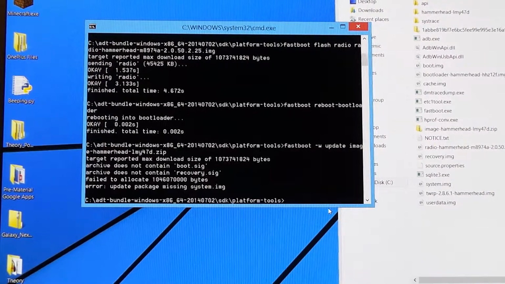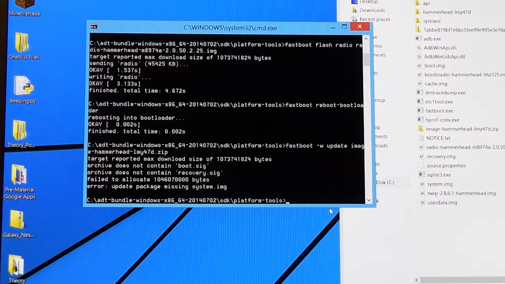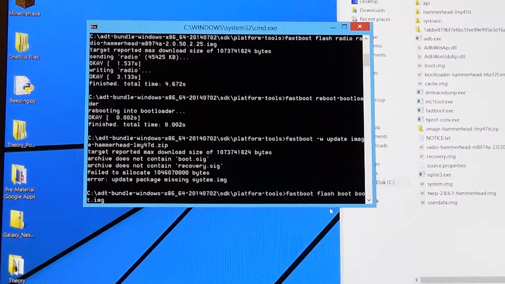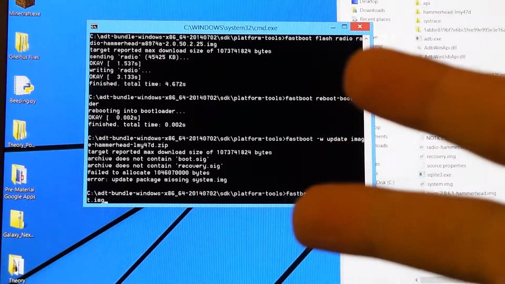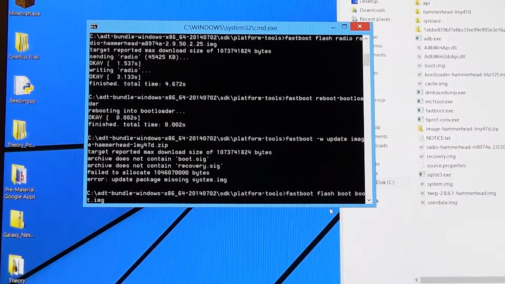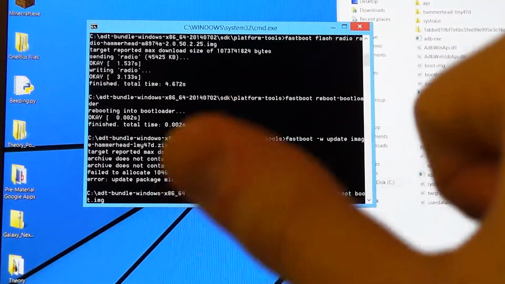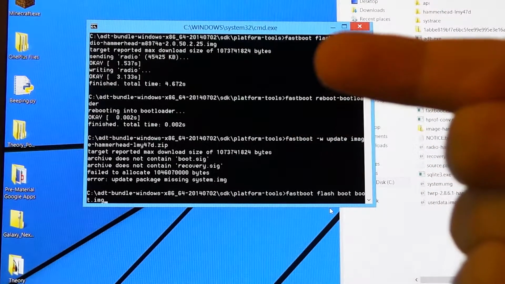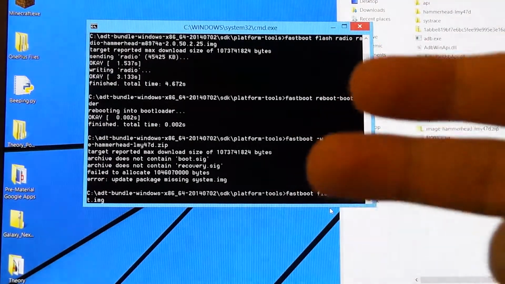It'll be relatively the same as the other ones because we're going to do fastboot flash and then the partition name. The first one we're going to do is boot and then boot.image, because it's fastboot flash partition file name and then enter. The order of these is important just for making sure you get all of them and they all interact correctly. Once you have bootloader and radio done, you're going to do boot,